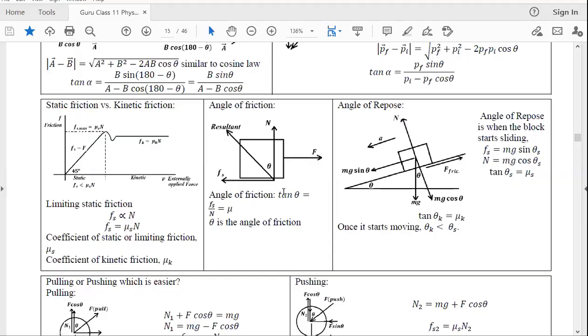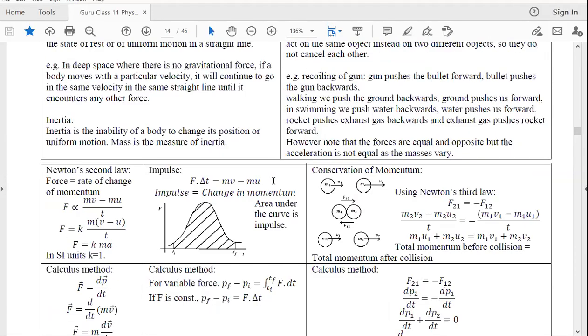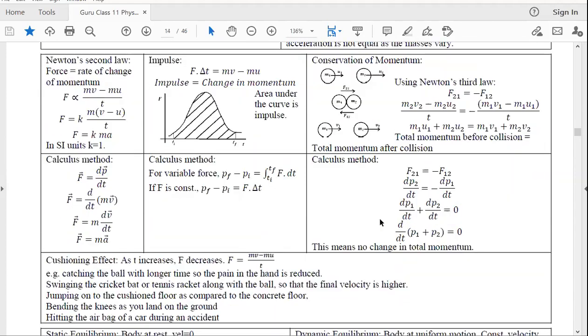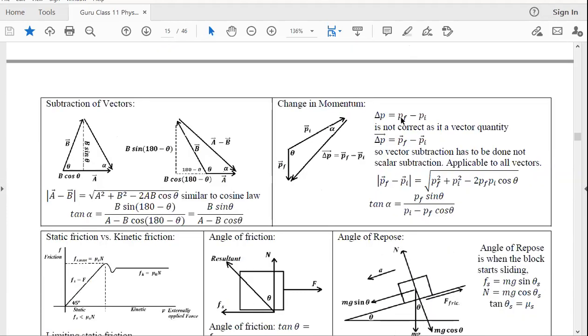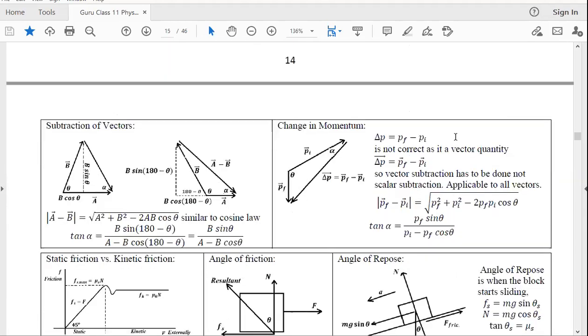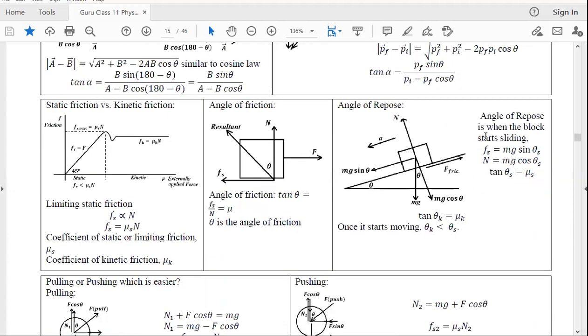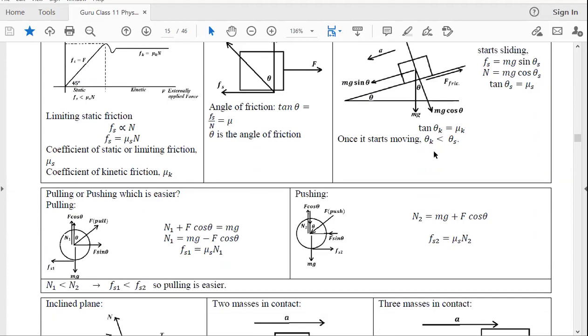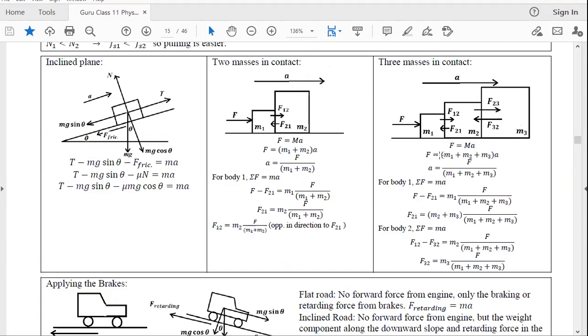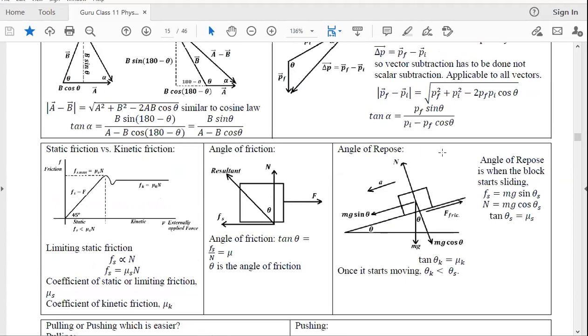Okay, so your homework is to complete whatever concepts you have studied so far. The first part was about Newton's laws. The second part is about sky jumping, the simple, important concepts, and then vector addition. All these things are, I wouldn't say packets of energy, I would call them concepts. So each block is a concept. If you understand the concepts, everything should be put together in the problems. Okay, so I will stop here.